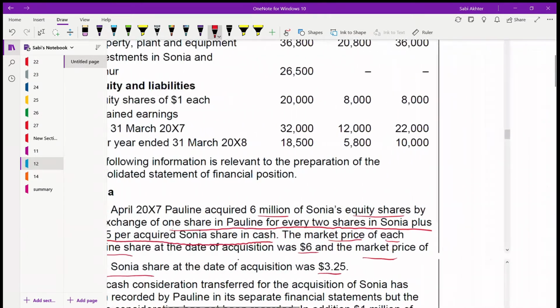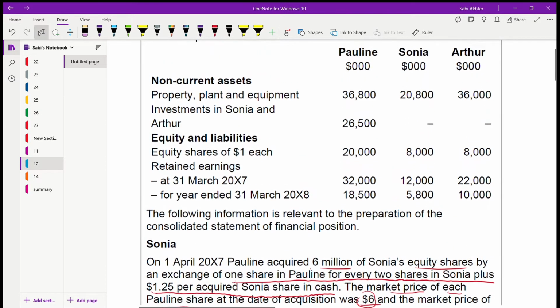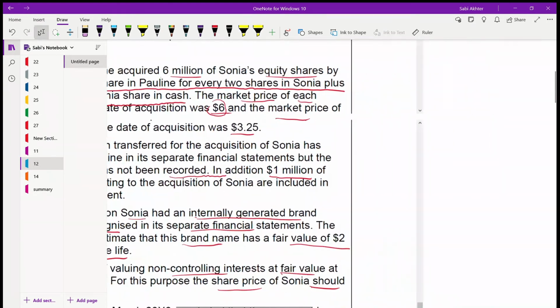Let us again see the figure. You see, they have exchanged 1 share in Polo for every 2 shares. That's why we are taking half of 6 million, and which is into 6. They have already given the price. So that means 3 into 6. And here if you see the statement of financial position, equity shares is at $1. So that means 3 million shares will be at 1. So it will be 3 million for the share capital and the balance 15 is for share premium. Okay. Next we have